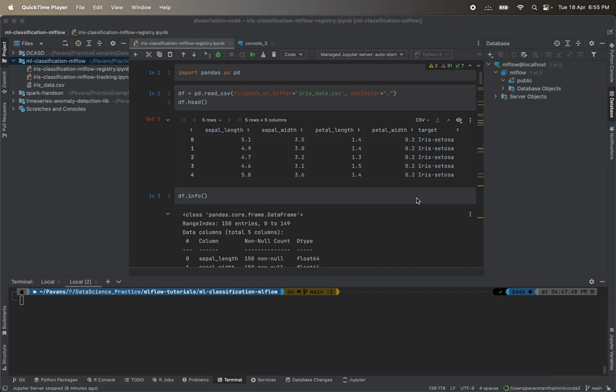In the previous two videos we have seen the introduction of MLflow, what the components involved in MLflow are, and one of the major components, MLflow tracking. Today we will be seeing the MLflow registry, the importance of the MLflow registry, and then the different aspects of it, and how you consume the models once the model is registered,